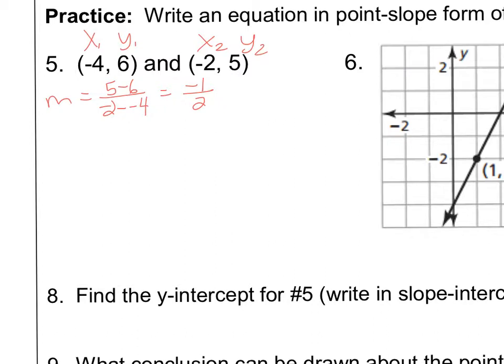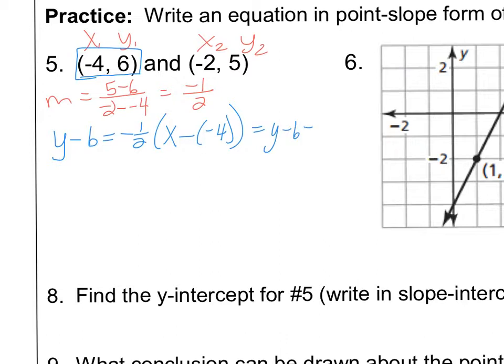Then using my point-slope formula, I can use either point. So first one, I'm going to write it using this first point. So I'm going to say y minus 6 equals -1/2 (x minus -4), which is the same as y minus 6 equals -1/2 (x plus 4). So there's my first one. Or